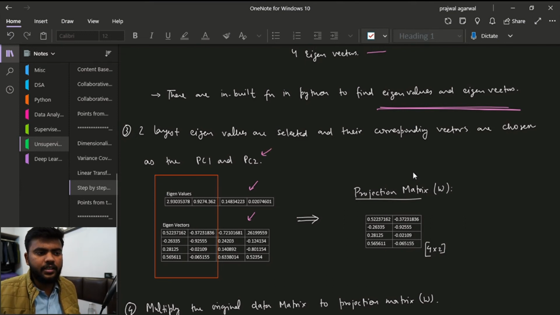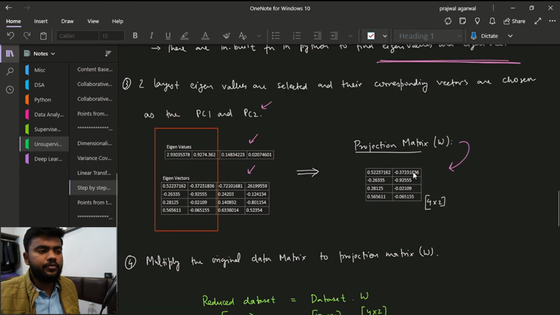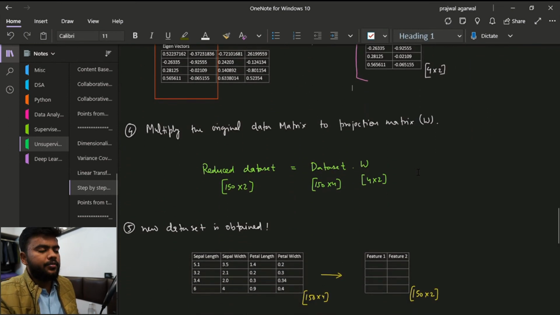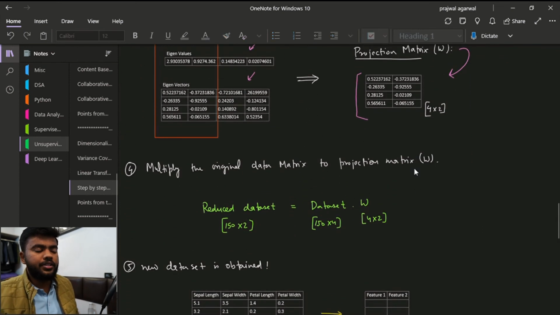So by performing this, we get a projection matrix where we have the eigenvectors corresponding to the maximum eigenvalues. Now we multiply the original data matrix by the projection matrix. The original data matrix had the shape 150 by 4, and this is the projection matrix.